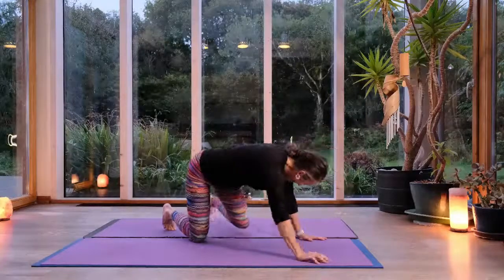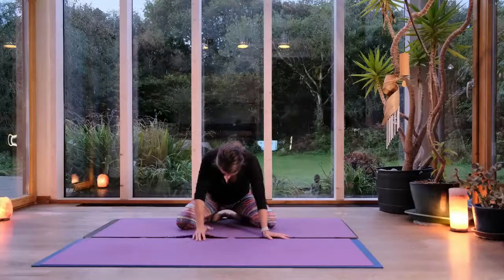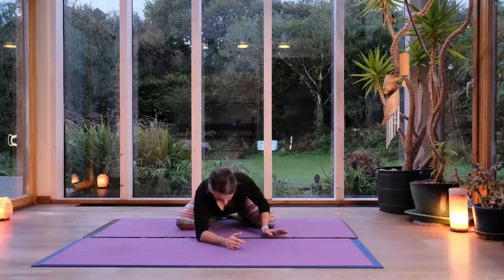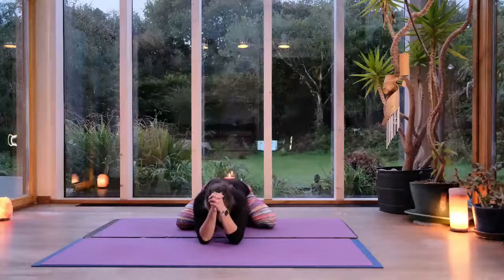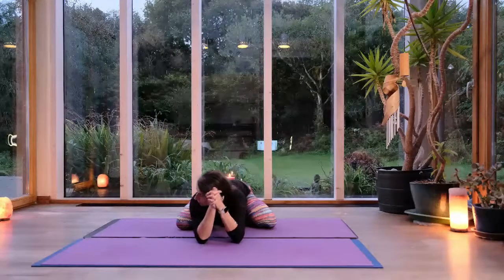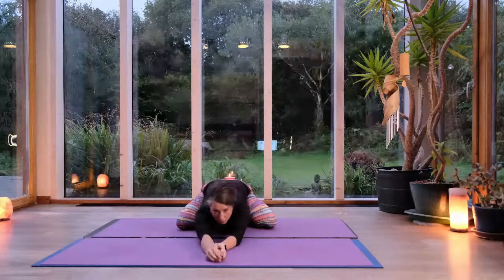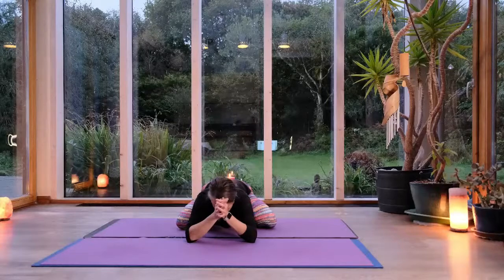As always, I love my knees wide in the morning. That sense of the knees wider gives space for the belly, elbows together. And just walk your elbows as far out as feels comfortable for you. Oh, the dawn has arrived. So beautiful. So reach your arms long and bend your elbows, or just find a place where you really meet